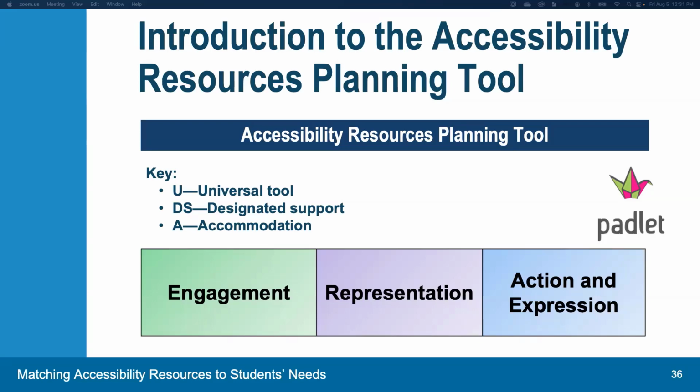This tool organizes many of the accessibility resources that are available according to their connection to the UDL guidelines. As we saw in our exercise, this is not an exact one-to-one correlation, but you may find this a helpful tool in connecting the needs of students with the appropriate resource. So let me walk you through it briefly.